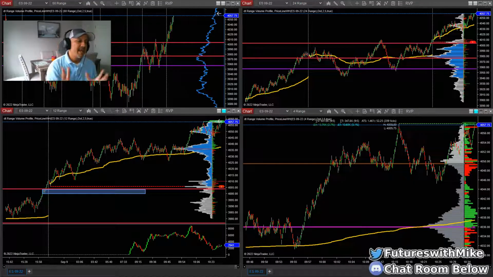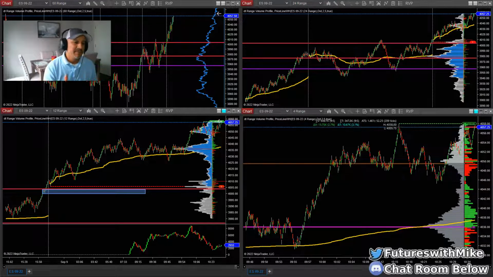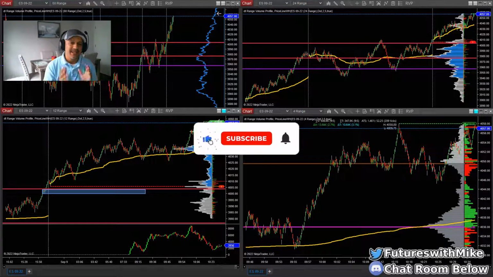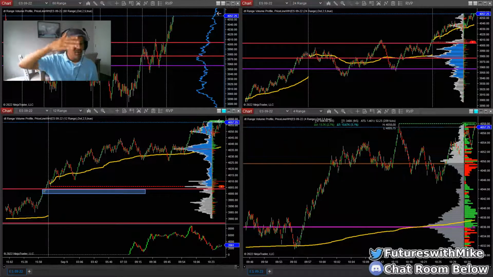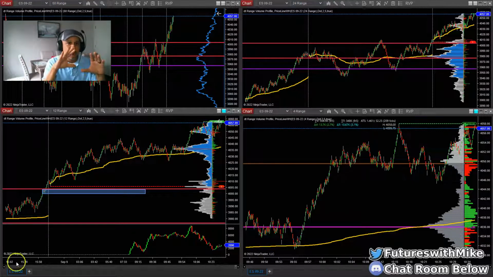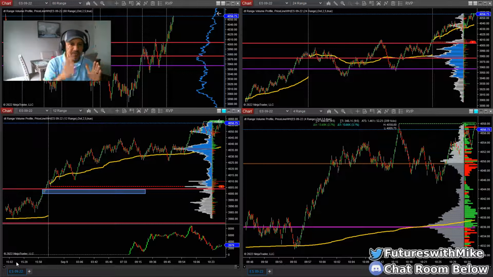So what is supply and demand? Okay, I've said this in many videos. Supply is simply an area where aggressive selling has come out of the market. All right, areas where you see maybe lots of green candles just thrusting to the downside. Okay, and there's a level that's created, and then from that level you see the market just moving hard to the downside. So it's a lot of aggressive selling taking place there.